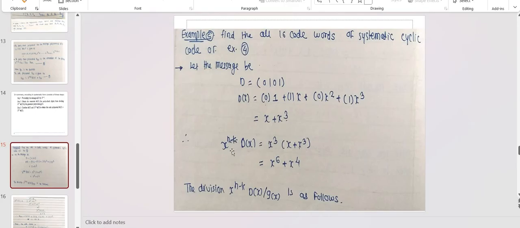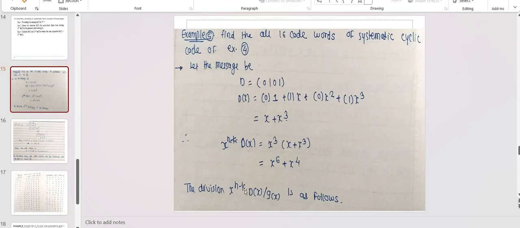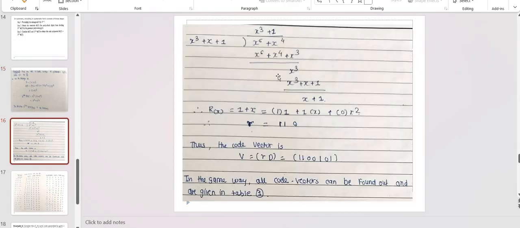Again you have to evaluate the term x raised to n minus k into d of x. So x cube into x plus x cube becomes x raised to 6 plus x raised to 4. Perform the division to obtain the term x raised to n minus k into d of x divided by g of x. So you have to perform this division. Let us consider the dividend part, x raised to 6 plus x raised to 4, divided by g of x,